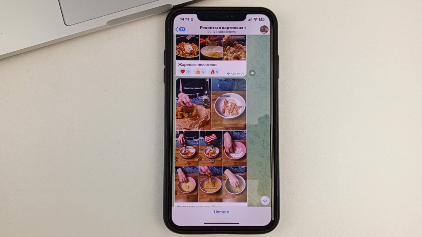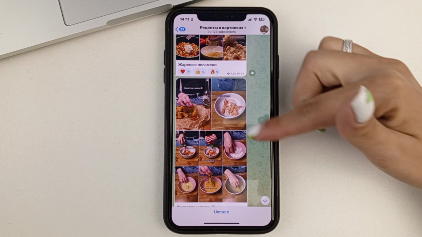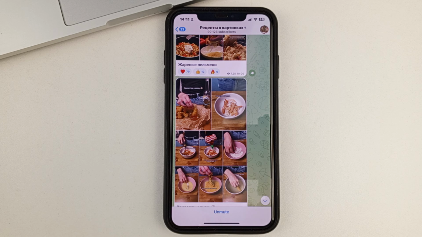So, unfortunately, the only way to somehow take a picture of what is in the private channel is to take another device and take a picture of the screen in the private channel. Photos of those messages that you need or would like to forward to someone else. Unfortunately, friends, this is the only way because it doesn't count as a screenshot. This is the only way you can somehow take a screenshot of the private channel in Telegram.